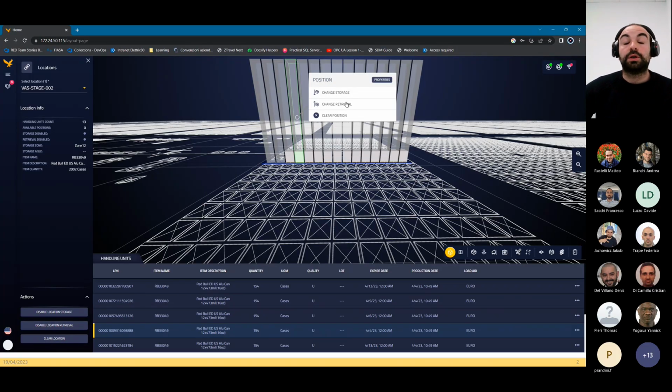action that we can do on the position are change storage behavior, disable or unblock the position, of course with notes. Do the same with retrieval and clear positions. Okay, we can do the same things for the whole location from here in the action section in the